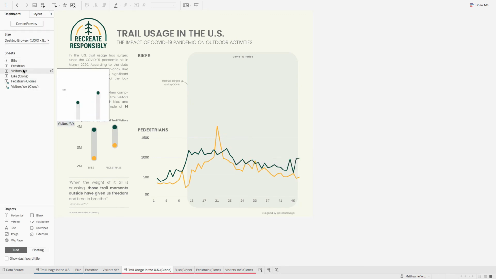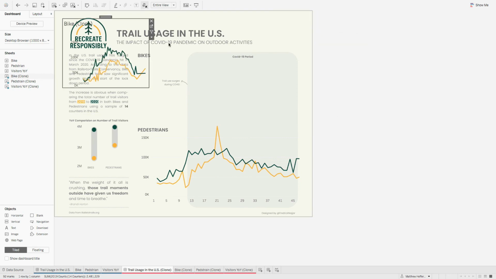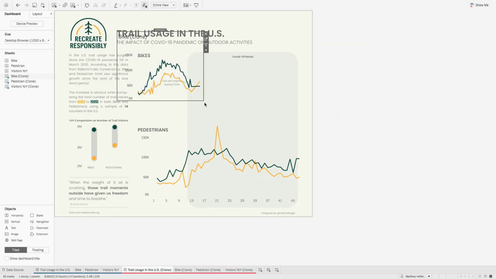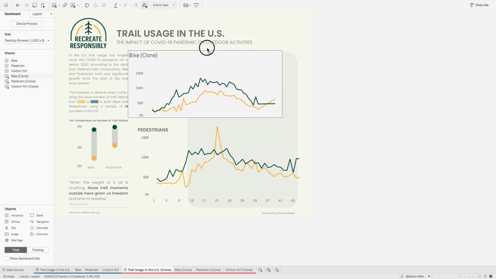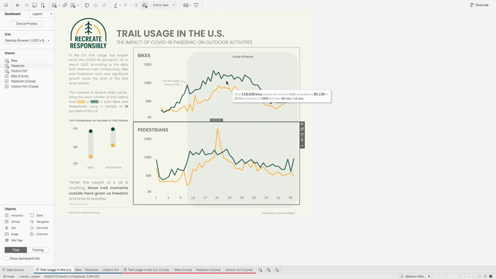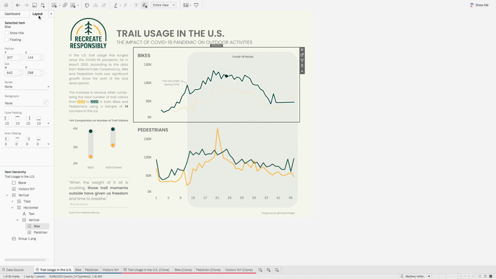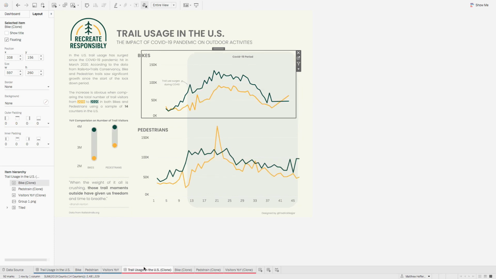And let's go back to dashboard, bike clone. We'll do the same thing where we right click and we say add to dashboard. Click it, make this thing floating. I wonder if it's just showing up behind and that's why we're not seeing it. I'm not gonna troubleshoot that now, but now I'm really curious. We'll say hide title, and then let's look at the formatting for this one. So we'll give that a click and we'll go to layout, and again, we will take a picture. So I'll take a picture and then we go to our dashboard